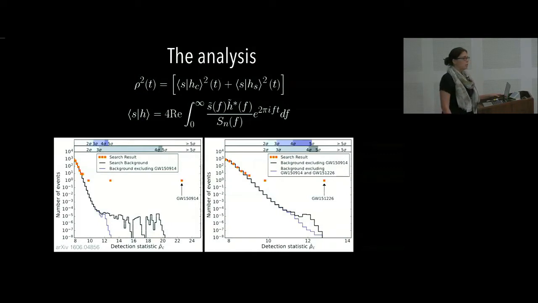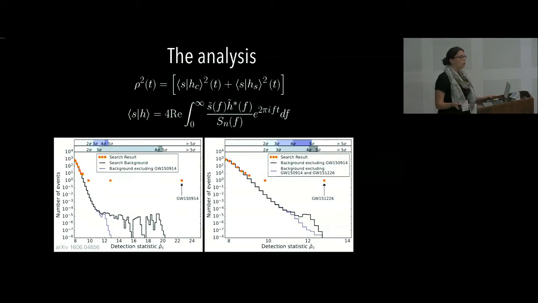So this is the matched filtered analysis. Essentially our detection statistic rho is just the signal to noise ratio of our data with the match template. So that's just the inner product between the data and the template that you're matching it with. And this is just broken up into cosine and sine components. And then you normalize this by your noise curve, and we'll see an example of that on the next slide. But that's our detection statistic, so this is signal to noise ratio,